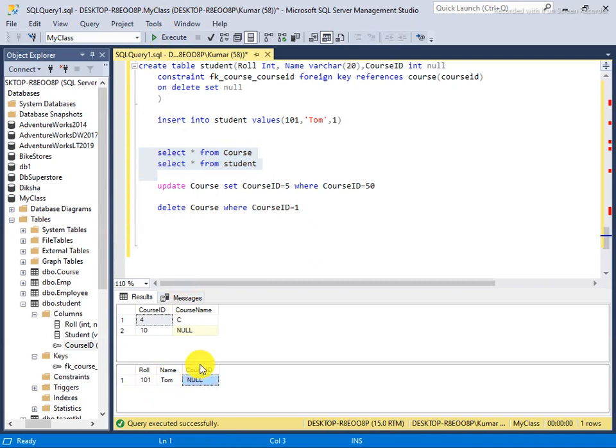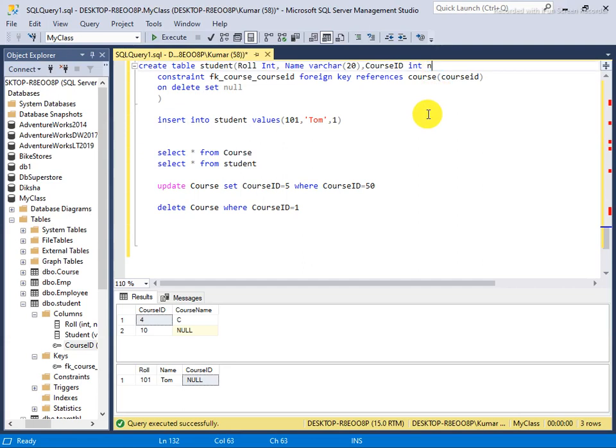So when you are setting it to null, you have to keep in mind at table creation, like here you said course ID integer, you put null, and by default it's null. I have written null to help you understand.